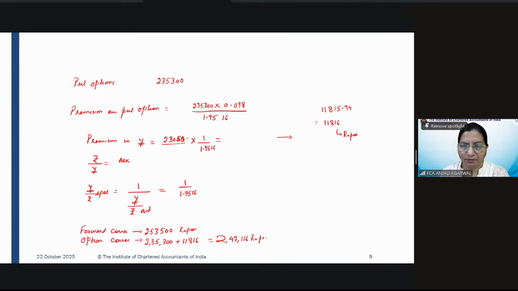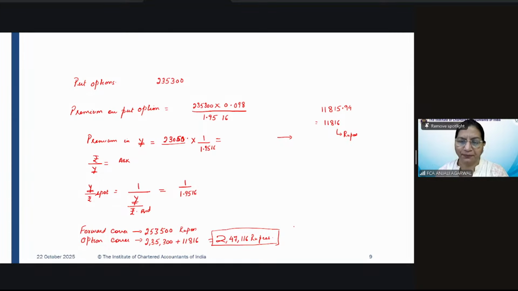Which one is a better option? Option cover. Option is a better option. So we'll say the outflow under an option cover is less than the outflow under the forward cover. Therefore, we will hedge ourselves against the Japanese yen exposure using the option cover,